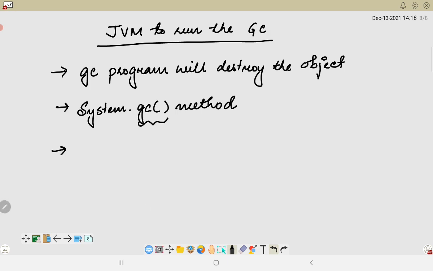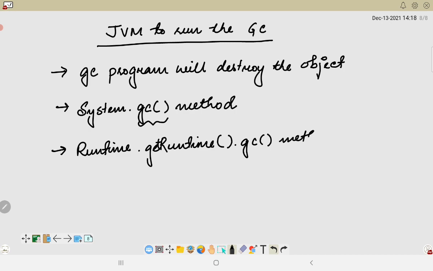We can also use Runtime.getRuntime().gc method. This is another method, and the Runtime class allows the application to interface with the JVM in which the application is running. Hence, by using this gc method, we are able to request the JVM to run the garbage collector.